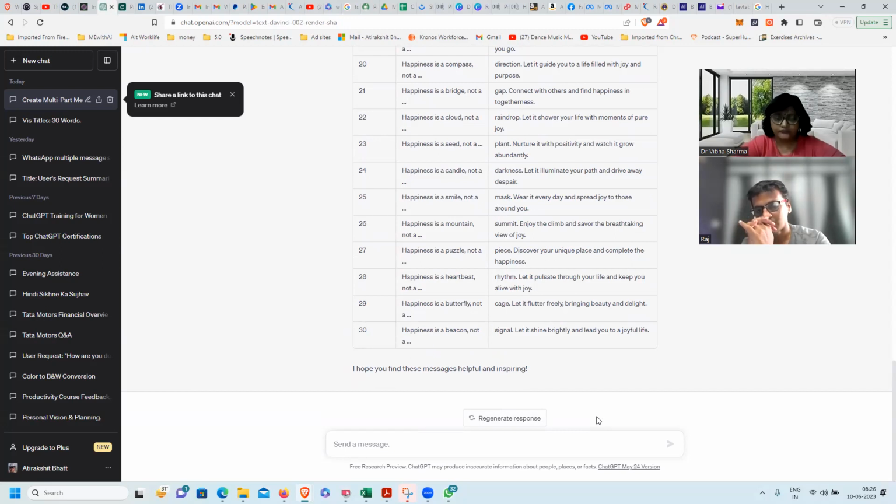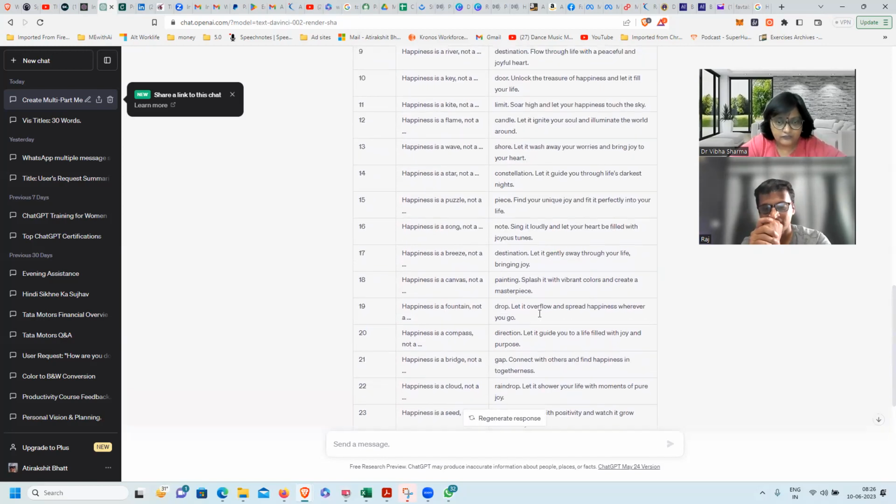I think the ideal point is 25. Go for 25 and 25 more. You have 50 of them. Then you go through these 50 and see what makes sense. Don't blindly copy and paste. Because what will happen is if it gives something weird, you will keep on posting something weird. So please ensure it makes sense, right?